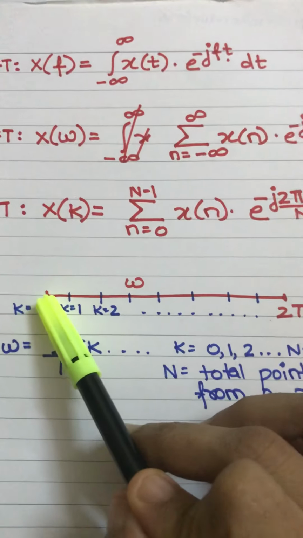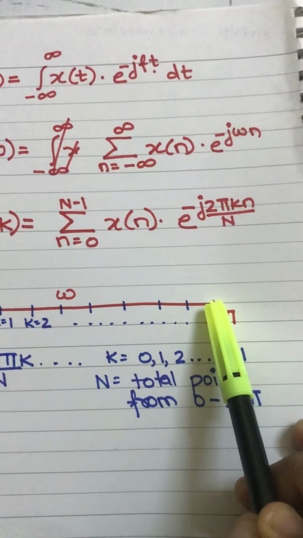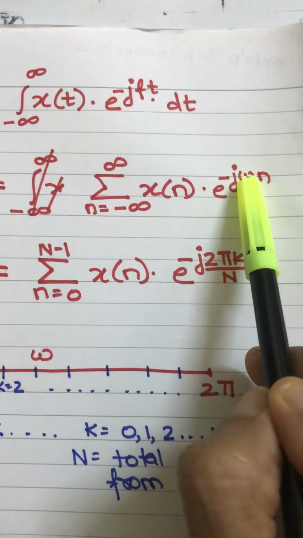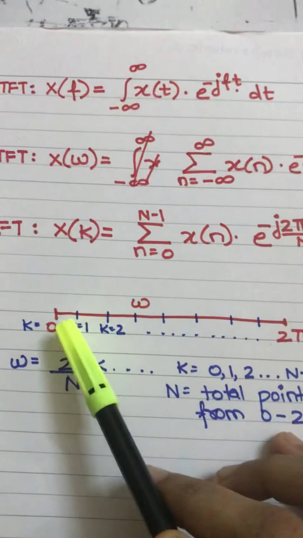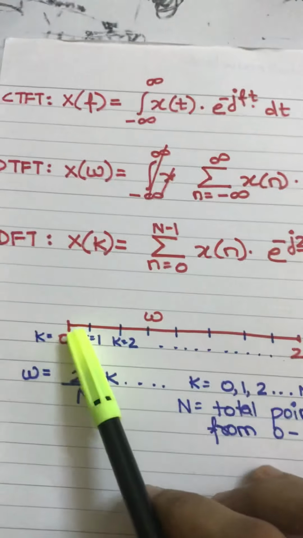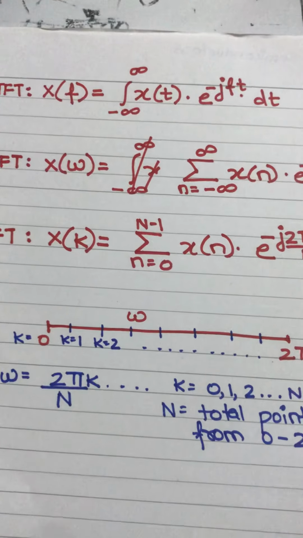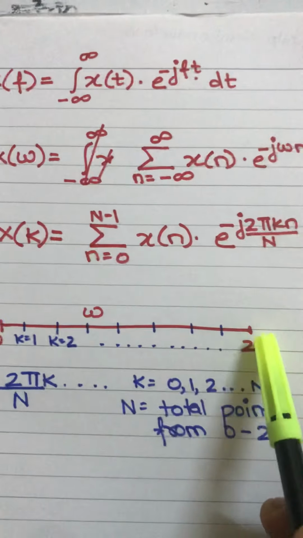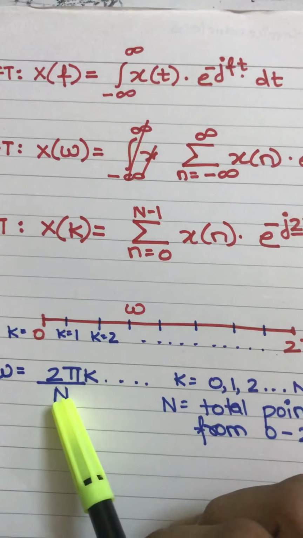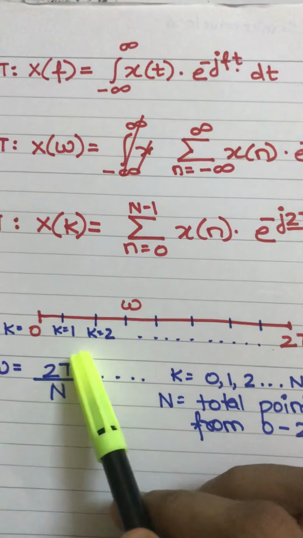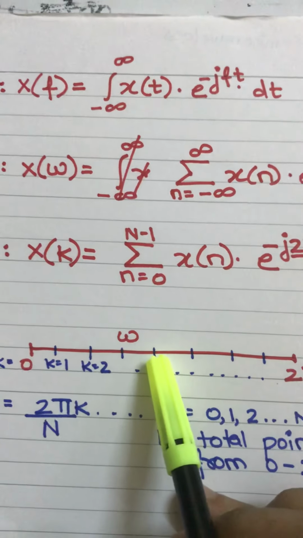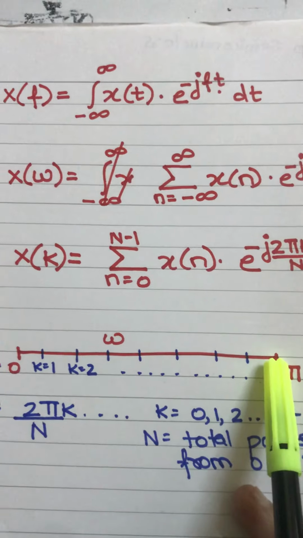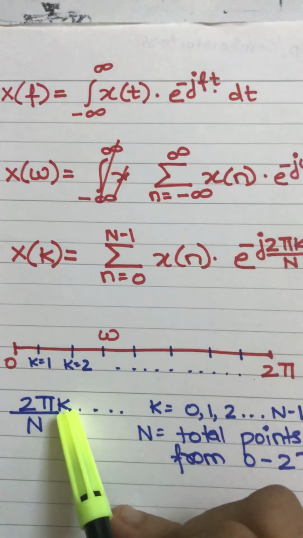So, here is my range of 0 to 2 pi, and here is omega, which is a continuous variable which I need to discretize. So, this continuous variable in the range from 0 to 2 pi, I am about to take some samples out of it. The range 0 to 2 pi, I will divide into N samples, let us say. So, 2 pi by N. But each sample I need to give an index, right? So, that index would be k.